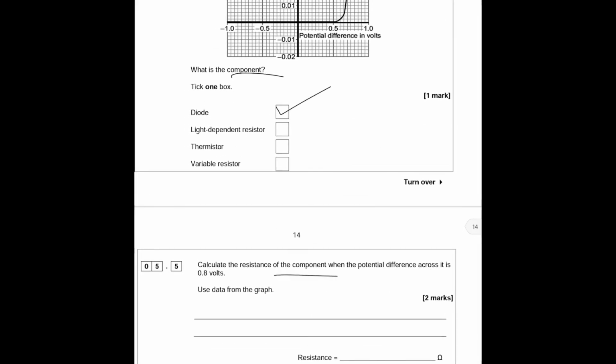Next one, calculate the resistance of the component with the potential difference across it to be about 0.8 volts. Okay, so we have to understand this. Use data from the graph. So we're going to use the formula where resistance is equal to voltage divided by the current. Potential difference divided by current, where current is amps, potential difference is volts, resistance is ohms. So the resistance is going to be equivalent to the voltage, which is already given to us as 0.8 volts, and the current should be about